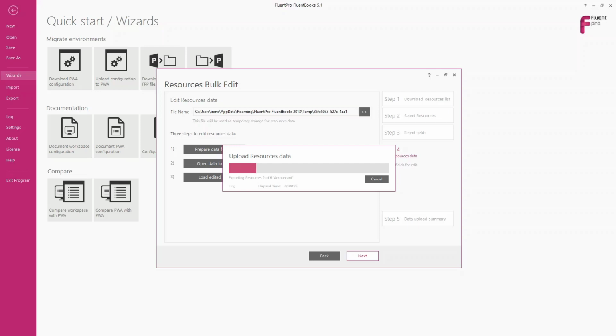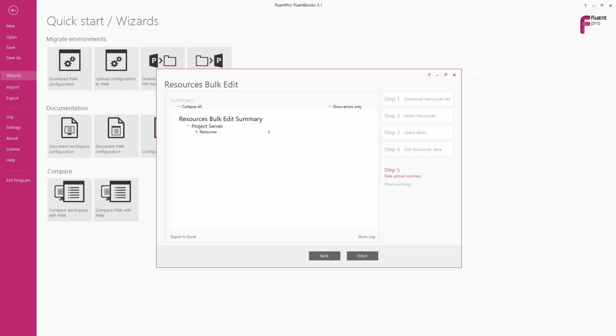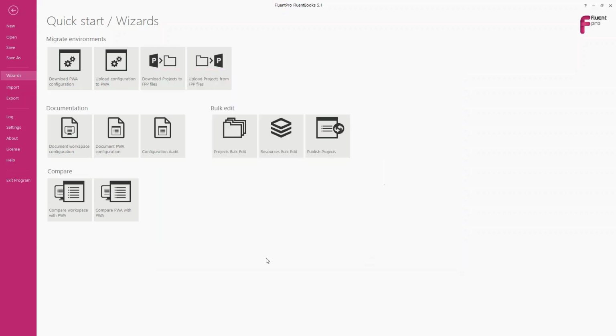On the next step, I will also show you how you can update project fields, but I will show you how you can do this using separate wizards. And it also can be a good use case, because when you use separate wizards for the same bulk update purpose, it gives you more control over the process, and you can later decide where you would like to upload these changes, to your development environment or to the production one. And this can be done with resources and with projects as well. Yeah, like you can use one wizard or separate wizards. So we'll click Finish and open my